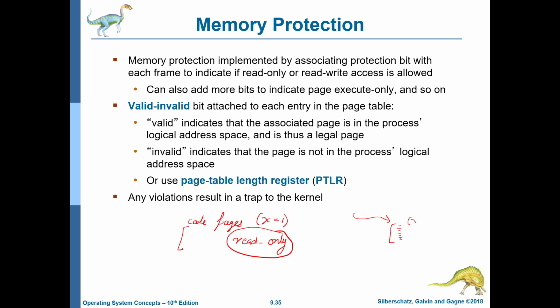So in this case, if the execute bit is 0, even if the program counter is diverted over here by a hacker, the malicious code will not execute, because in the page table the execute permission is set to 0. So these are different mechanisms via which protection is ensured. Alright, and then of course we'll have a valid-invalid bit, which indicates if it's a valid mapping or an invalid mapping.